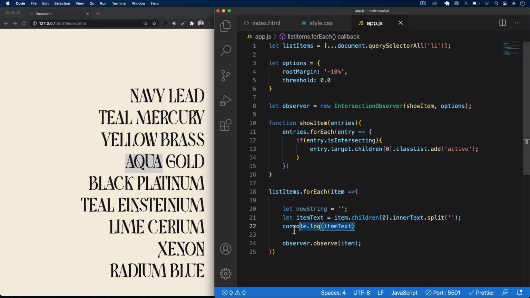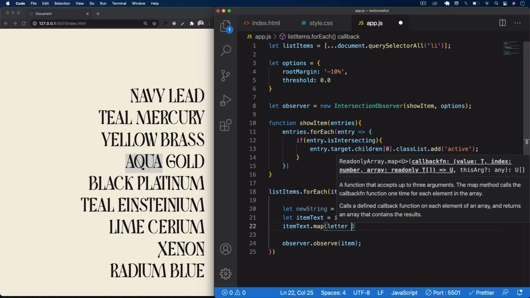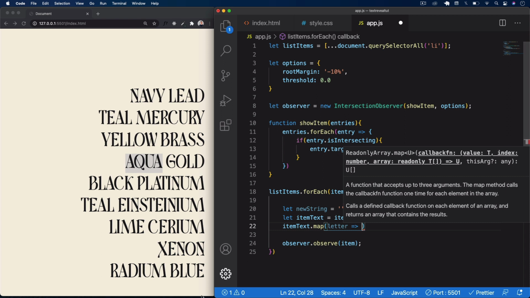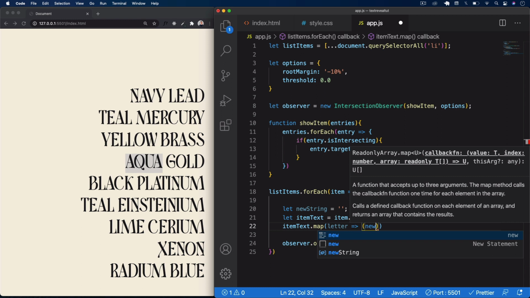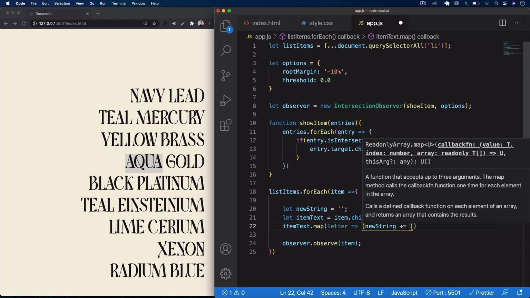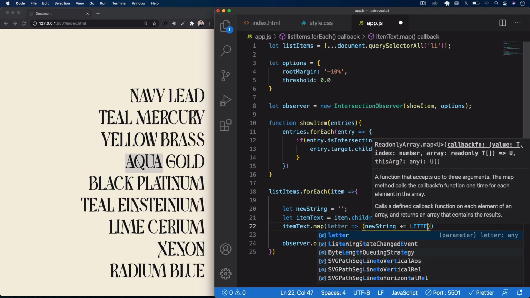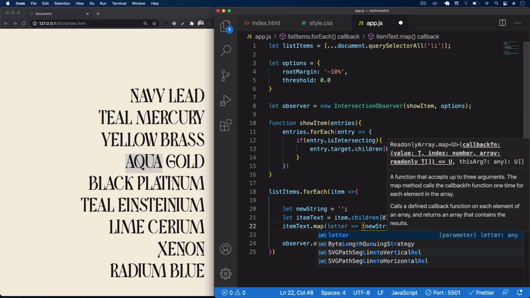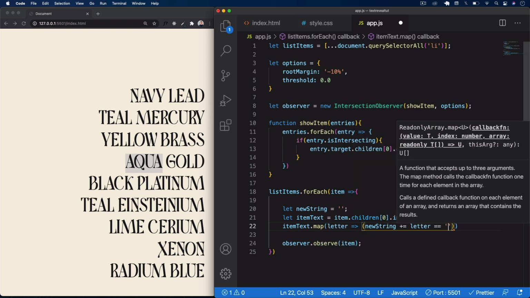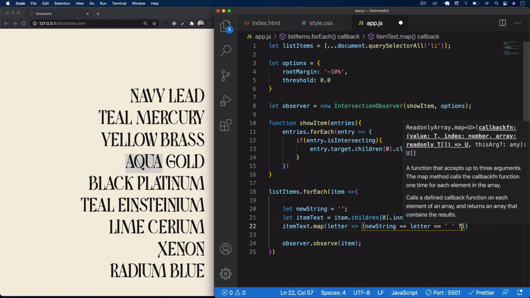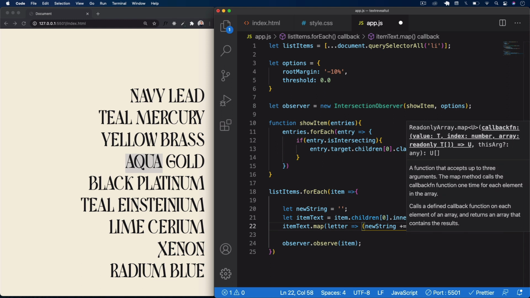So what we're going to do with this is, after that console log, I'm just going to take that new item text array that we've created, and I'm going to map it. Okay, and then we're going to map each individual letter, and here we're just going to say, we're going to take that new string that we created above, so say new string plus equals, and here we're going to say if the letter that's passed in equals a space, that means a space between the two words, do a question mark, then here we're just going to say